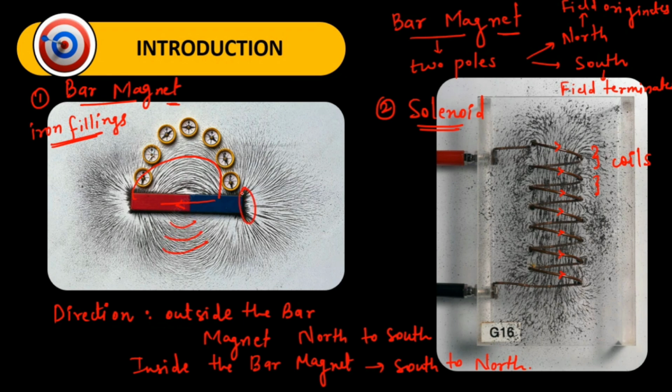At the corners of the poles, you can see the intensity of the field is very high. That's why more particles of the iron filings are accumulated near the corners of the bar magnet. So we'll talk about these things in detail. Before that,